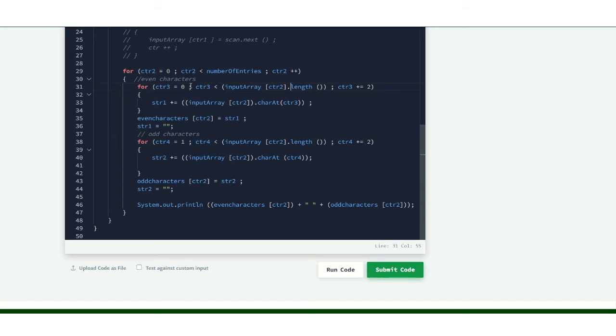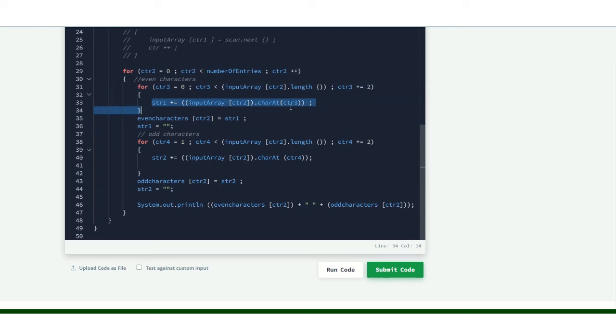This means that the counter variable must not exceed the number of characters of the input that we are dealing with in this loop. The increment is counter 3 equal to counter 3 plus 2. Basically, each even character is obtained when we add 2 to the previous even character, and the same logic applies for the odd characters.